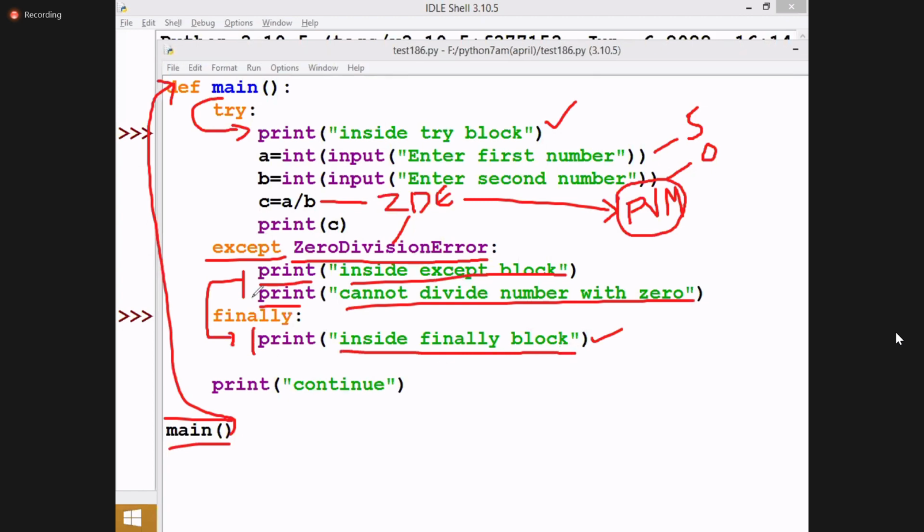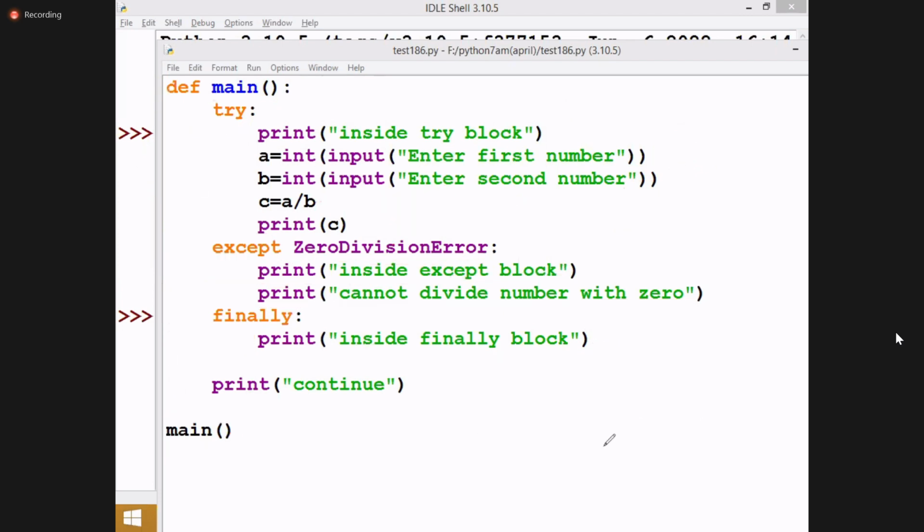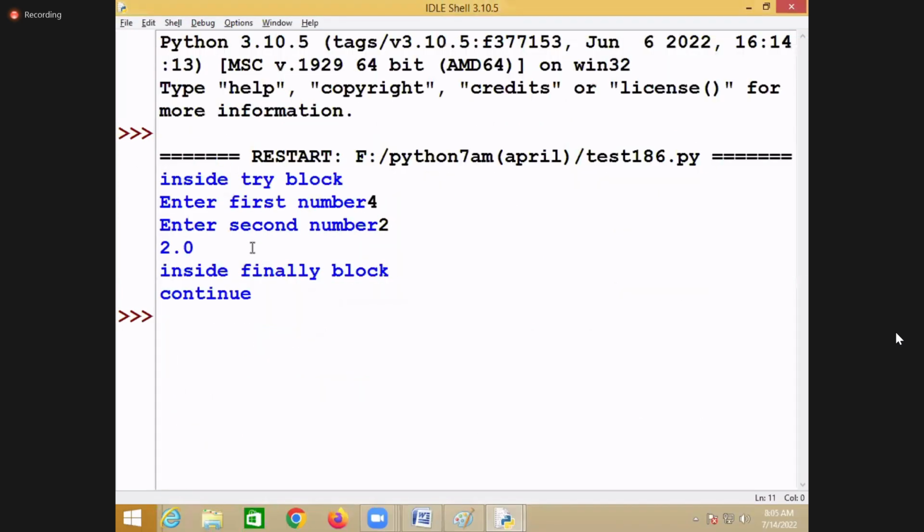The finally block. On successful execution of the except block, it executes which block here? The finally block. Yes, this is the second scenario.